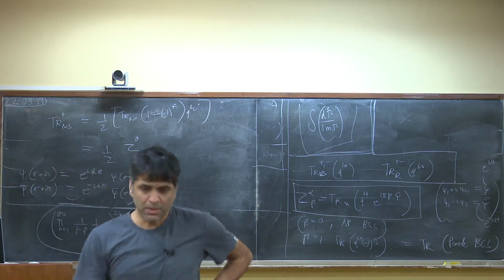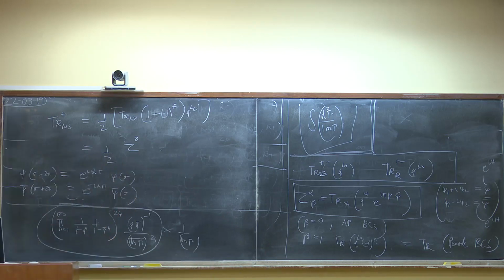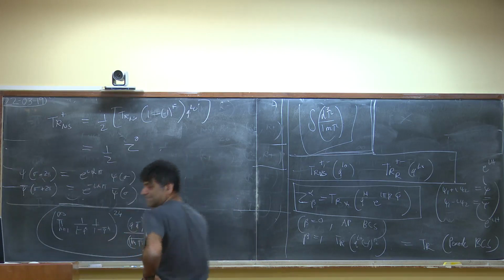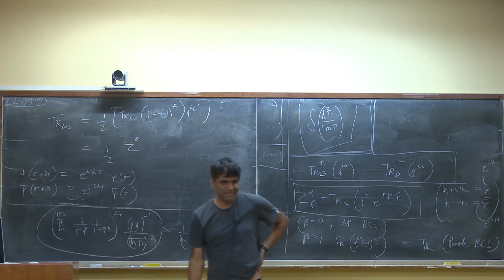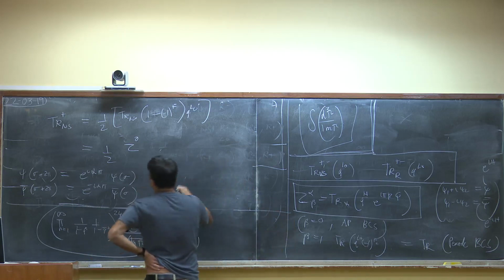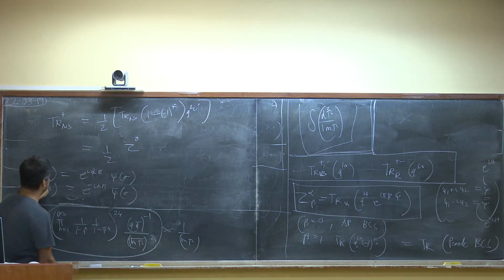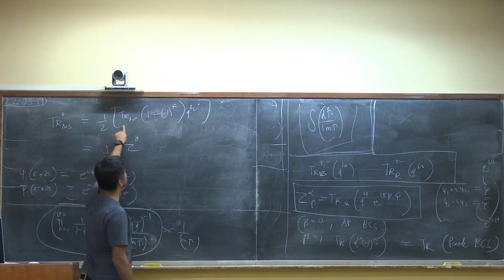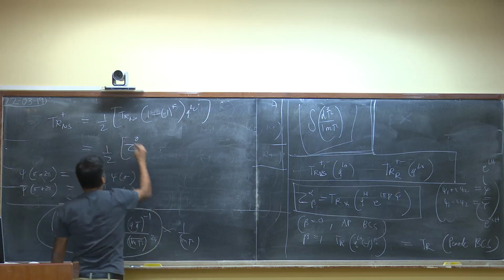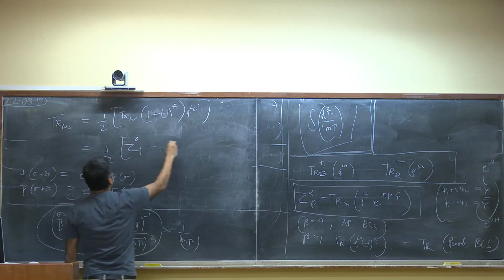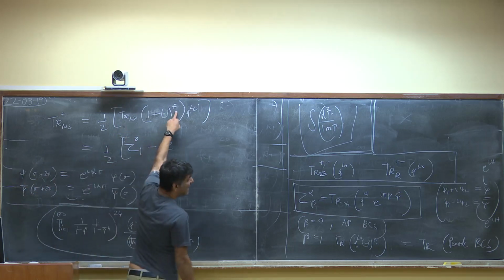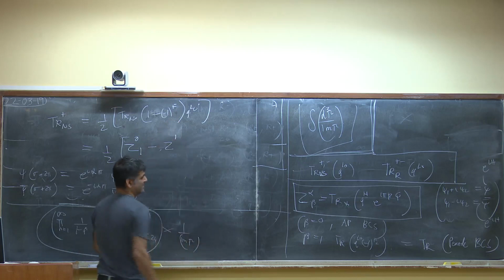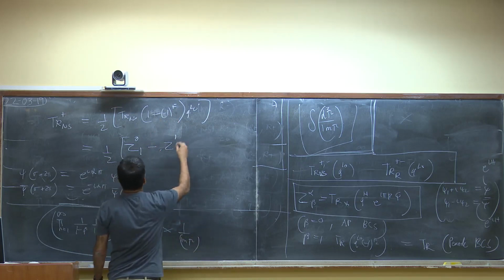Okay. So in the NS sector, we are anti-periodic on the circle. So saying that we're in the NS sector is the same thing as saying alpha is equal to 1. So now let's translate this into a formula. So this is half of Z10 minus, now this guy was 1, right, because of the minus 1 to the other. This is the minus Z11.